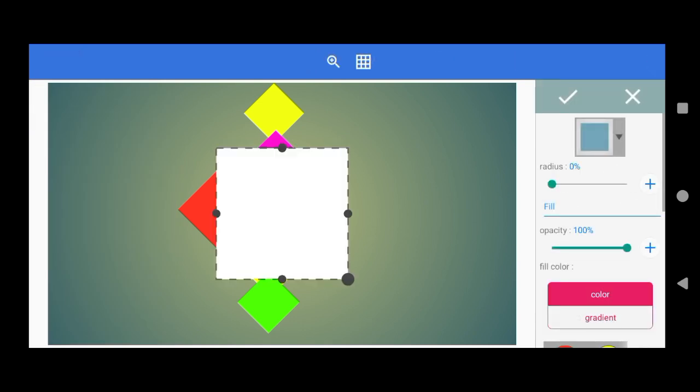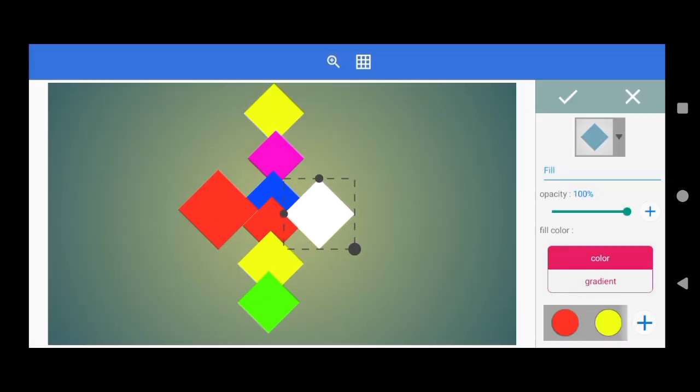Now that we have our shape, let's customize it to fit our